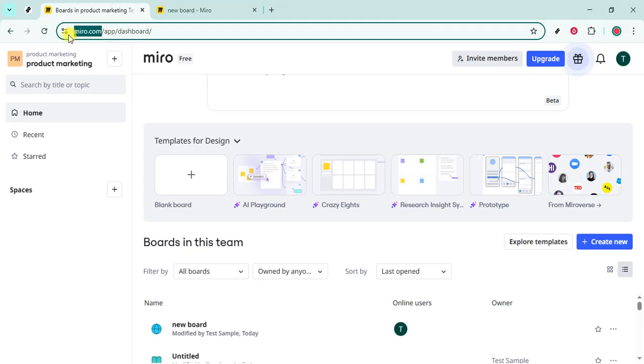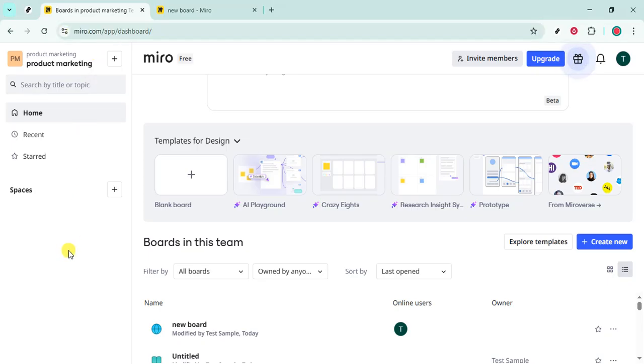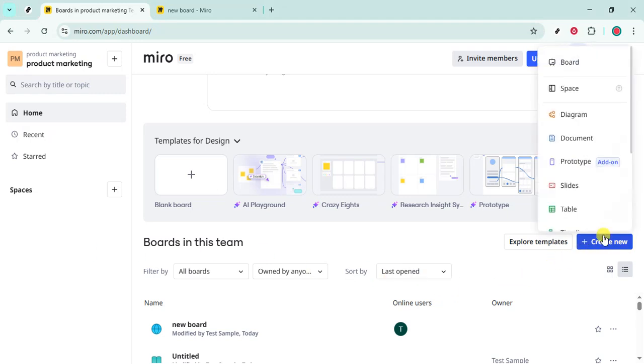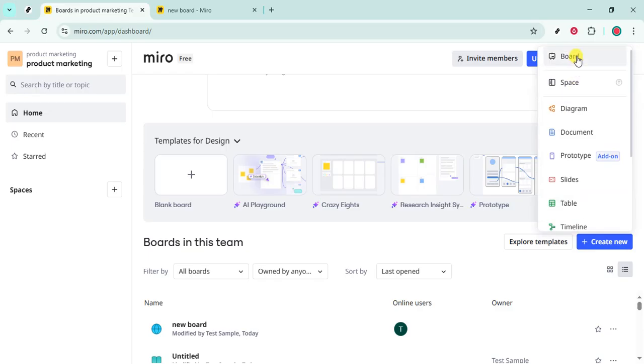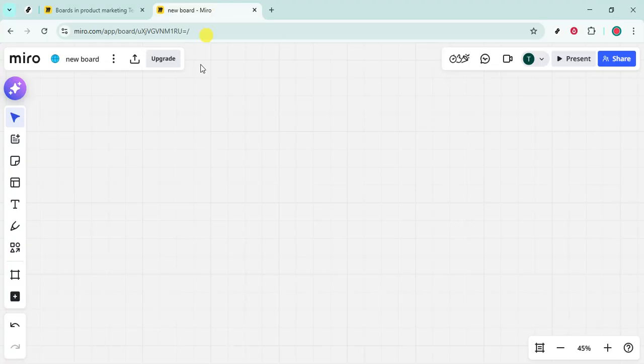First, head to Miro.com. You'll land on your dashboard where all your boards live. From here, we'll open a fresh space to test the settings. Click Create New. This opens the creation menu with different items you can start from. Choose Board. A new blank board will open so you can try the navigation modes immediately without affecting any existing